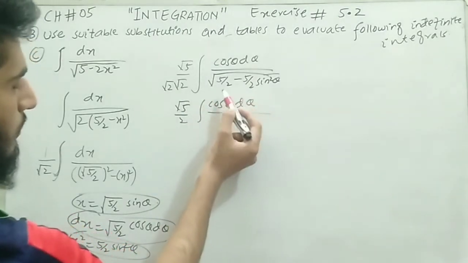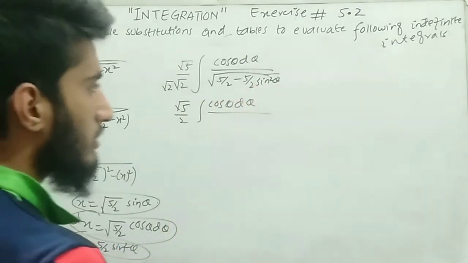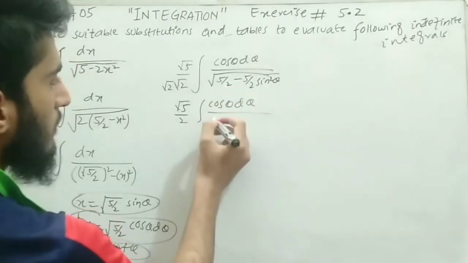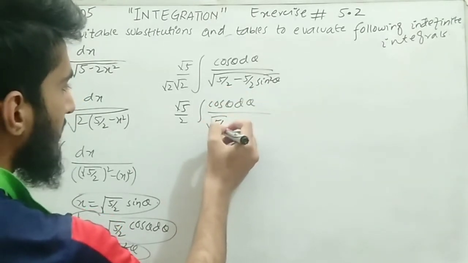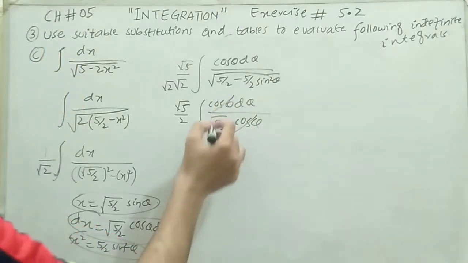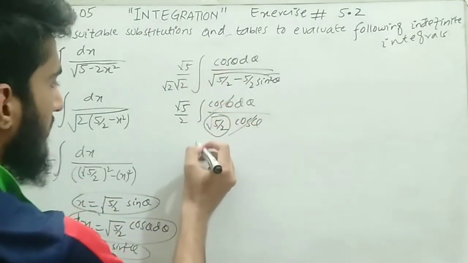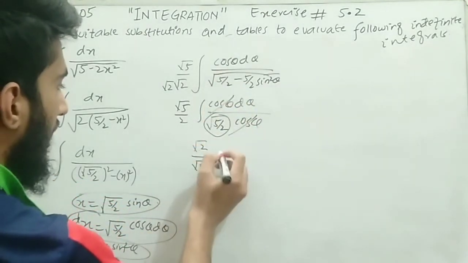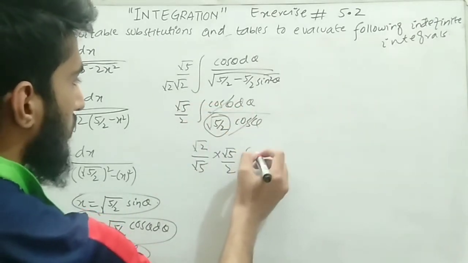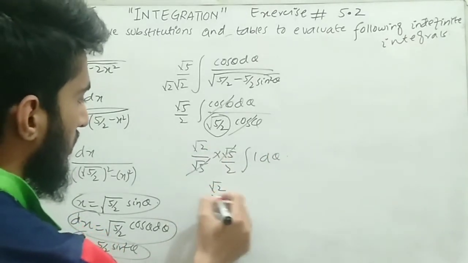Here by simplification, if we take pi divided by 2 common, inside we are left with 1 minus sine square theta, which is equal to cos square theta, and the root of cos square theta is just cos theta. And here we have root of pi divided by 2, and we are left with cos theta. Cos theta is cancelled with cos theta. Here we have root pi by 2, so it will move to the numerator and they will reciprocate. So it becomes root 2 divided by root pi. And here we have root pi divided by 2. And inside we are left with 1 d theta. So here root pi will cancel root pi, and we are left with root of 2 divided by 2.